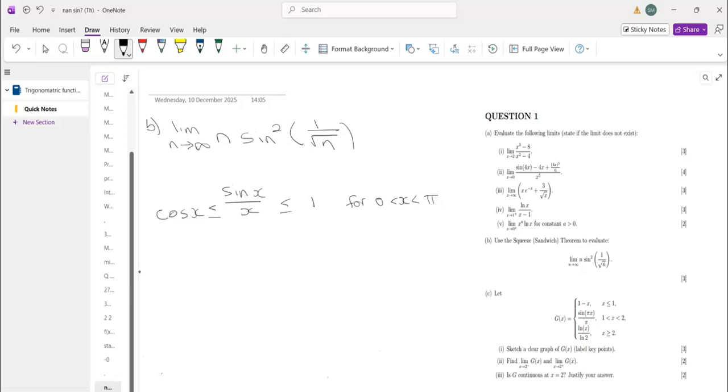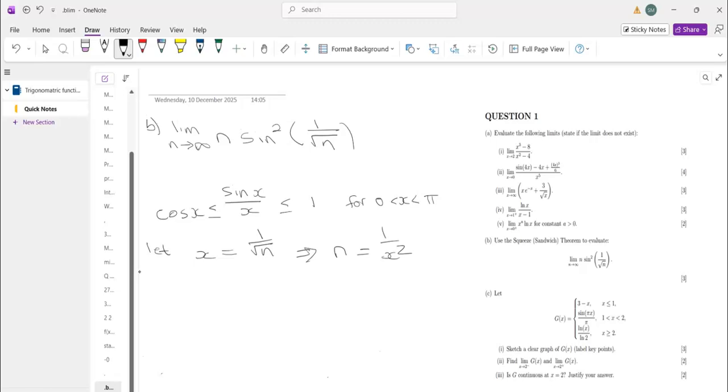And let x be equal to 1 over the square root of n. And if we solve this, then n is going to be 1 over x squared. So we're having n is equal to 1 over x squared, and x is equal to 1 over the square root of n, right? Okay, so from the inequality, let's